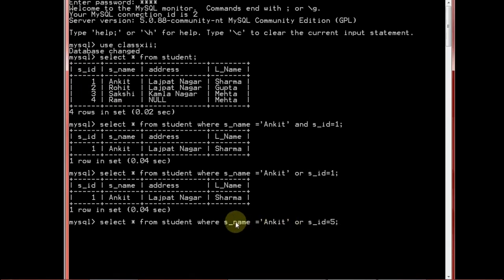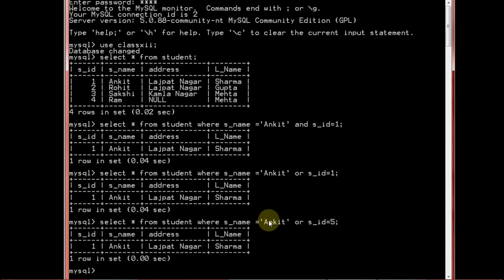So right now this condition is true, so it will return the result without any problem. It will give you the desired result. Why? Because you have used the OR clause, and the OR condition tells that one condition should be true.